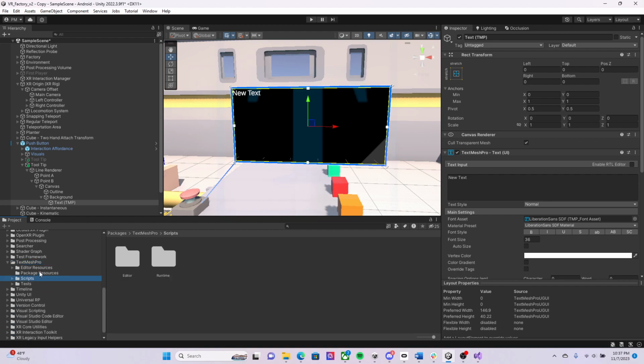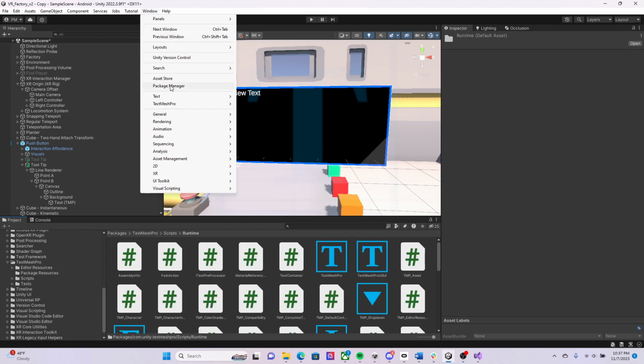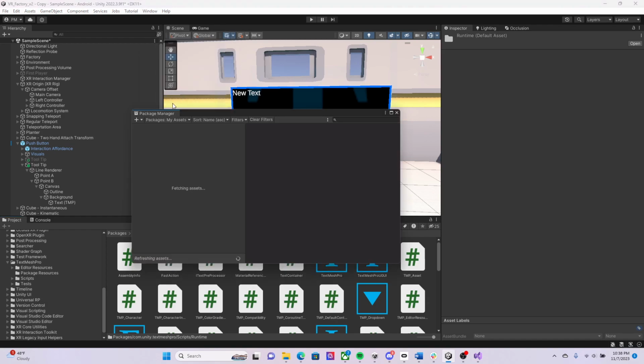And then you can click into packages or resources or scripts or editor tests, any one of these folders, and you should get a prompt that asks you if you want to import any of the associated elements of TextMesh Pro. You want to say yes to that, and I've already done that. So just in case, I'll show you really quickly how you can come